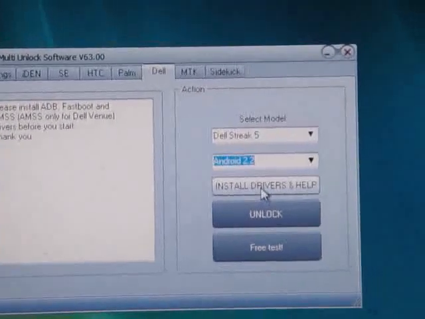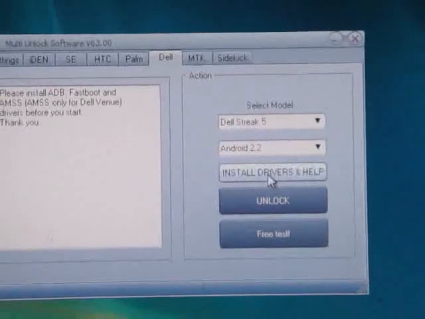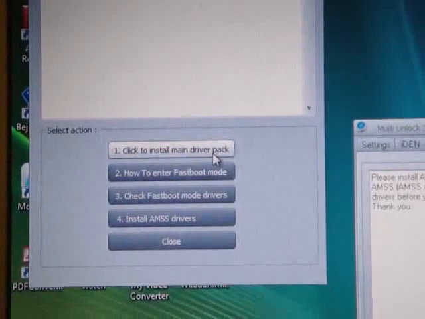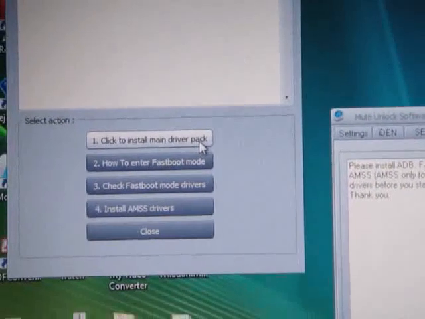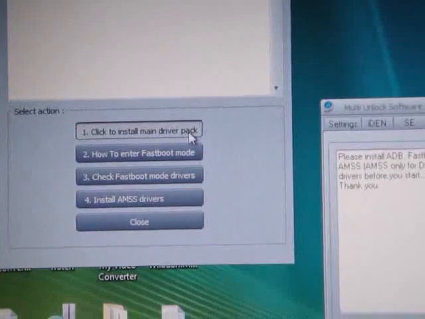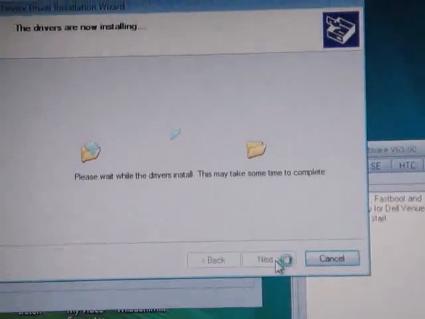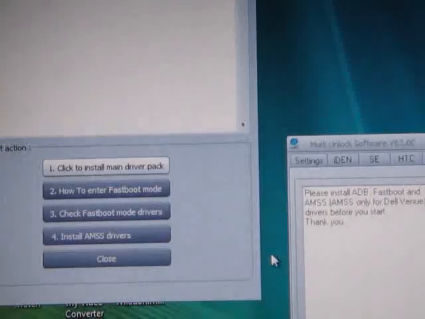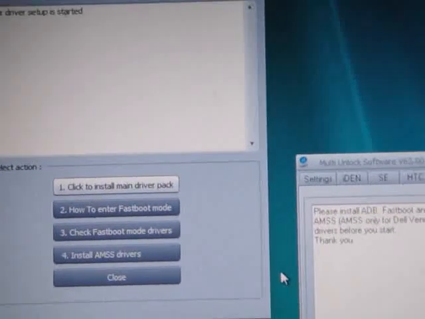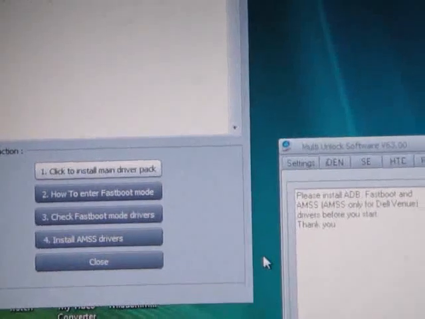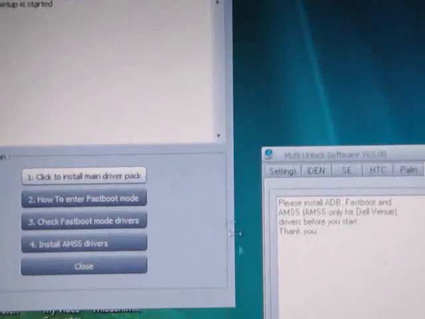And then you just press on install drivers and help. It will come up with this dialog, and what you do is that you click on install main driver pack, and you press next, and you just press finish. It's that quick. Now what you would need to do is go back to the software here,